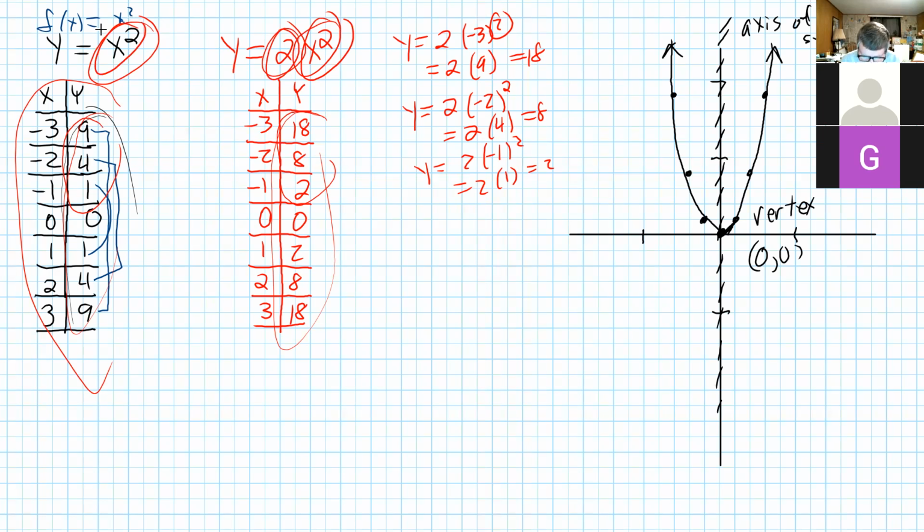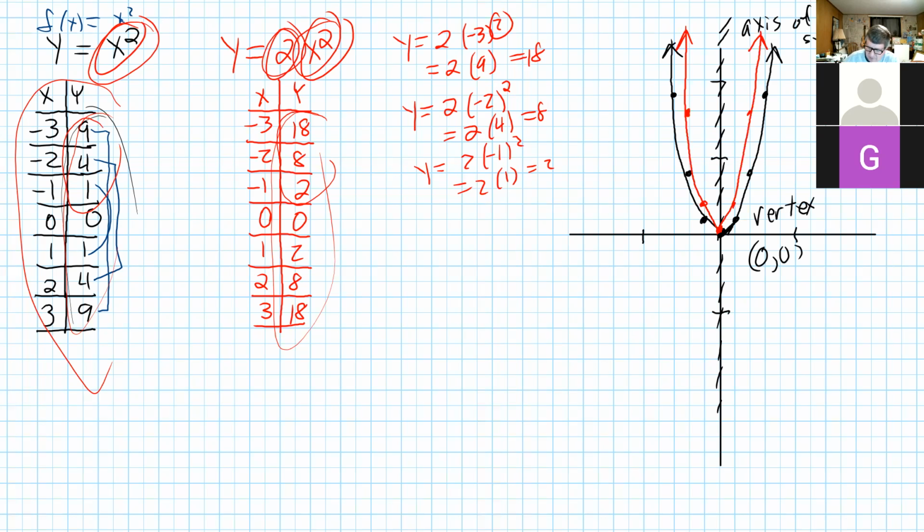So what does that look like graphically? Well, -3, let's see, 18, that's way up off the graph. But how about -2, 8? That would be right there. And then -1, 2 would be there, 0, 0, 1, 2, 2, 8. So my graph looks like that. Same shape, same vertex, same axis of symmetry, but it's climbing steeper, faster, because for the same